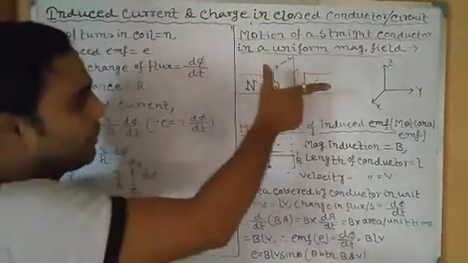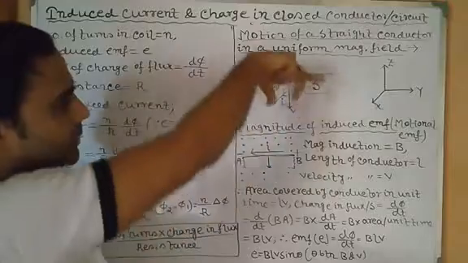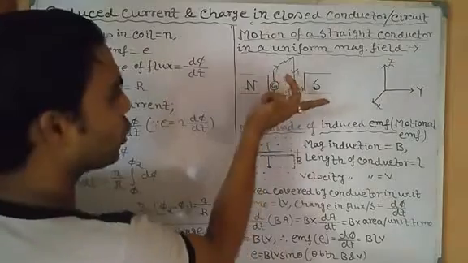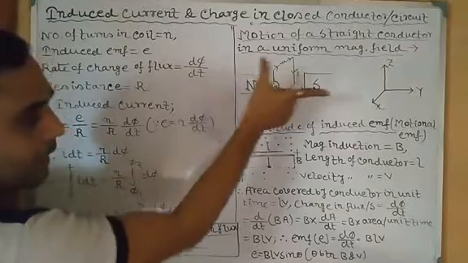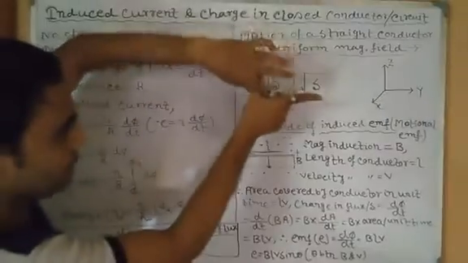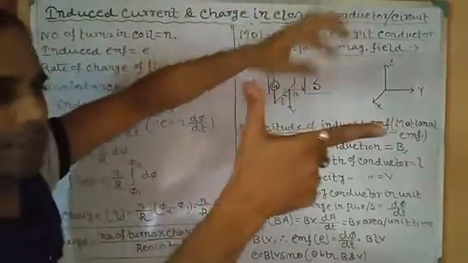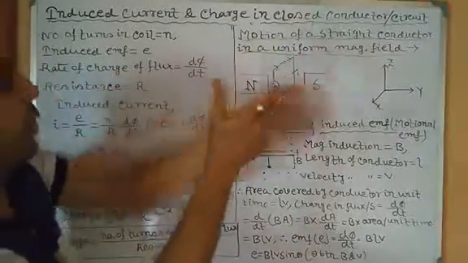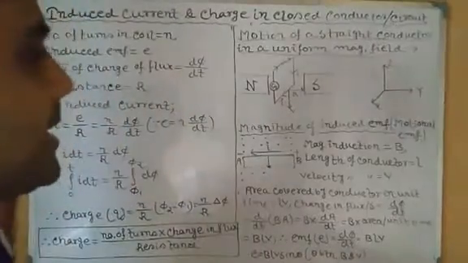How? Direction of magnetic field, isn't it? Direction of magnetic field here. You can see if it is moved in the upward direction, this is the direction of magnetic field B, and motion, instead of downward, is in the upward direction, like this. Direction of magnetic field, motion of the conductor. Previously it was acting in this direction, now it is in the outward direction. So it means it will act in the anti-clockwise direction. So very easy.